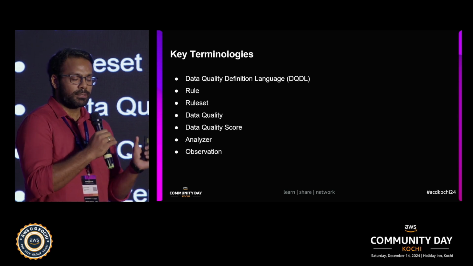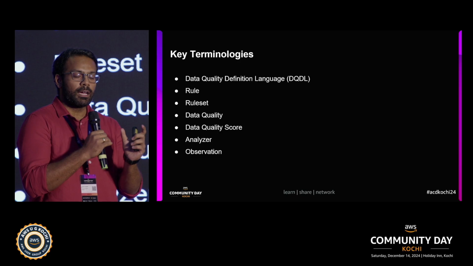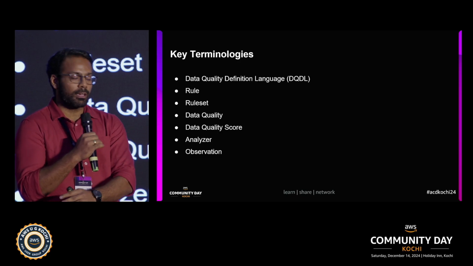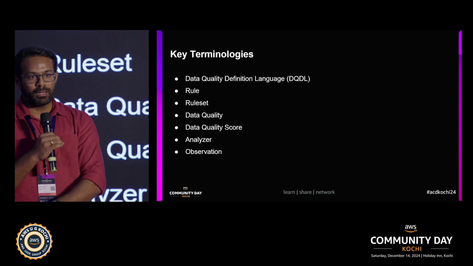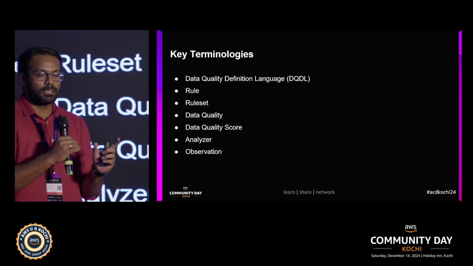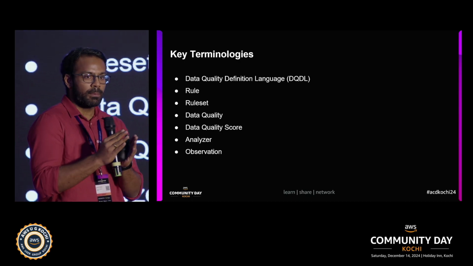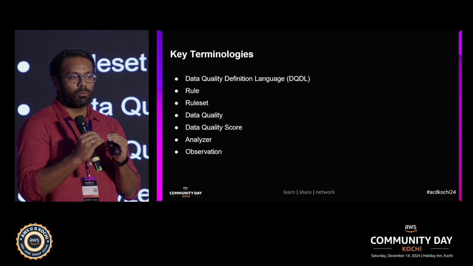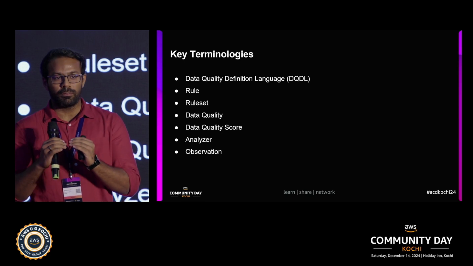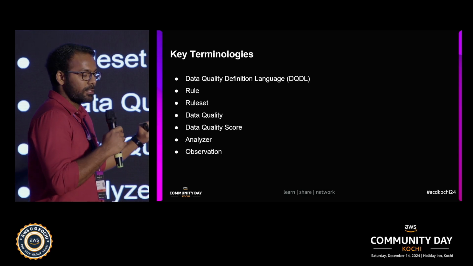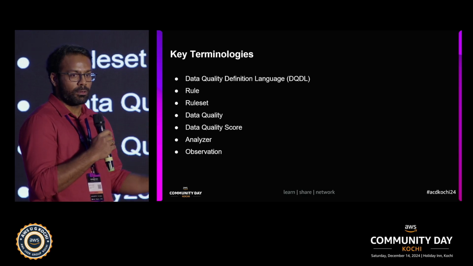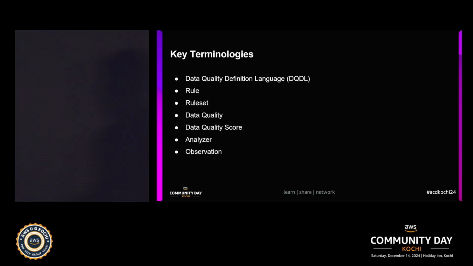It will ensure each and every rule has been applied, and if anomalies are present, we can move ahead, and what happens then will be covered in future slides. But data quality's purpose is to analyze, split the data, and then deliver the quality data to wherever we are trying to store it in the destination, and the rest of it will be eliminated by this data quality feature. And coming to the data quality score.